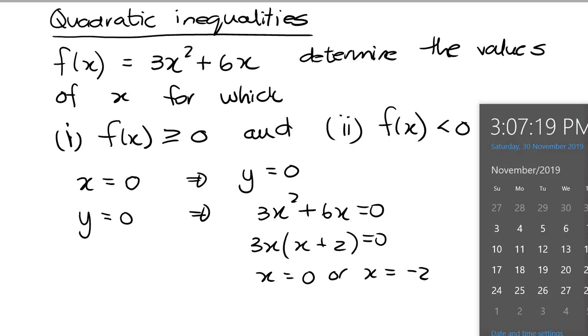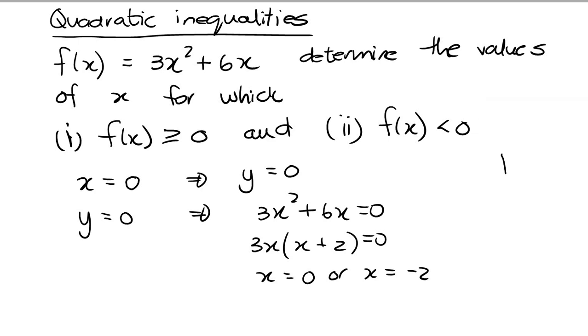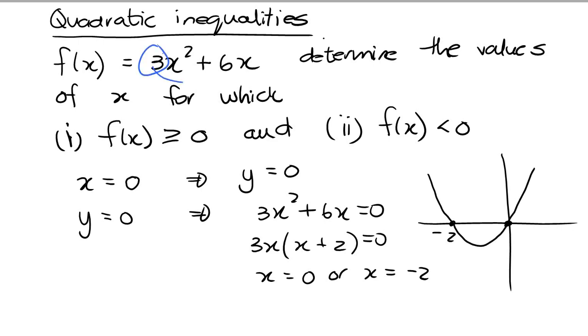So if I had to do your sketch here, then it would look like this. X is 0 or minus 2. My a term in front over there indicates that it is the right way up. And really that's all I need, because